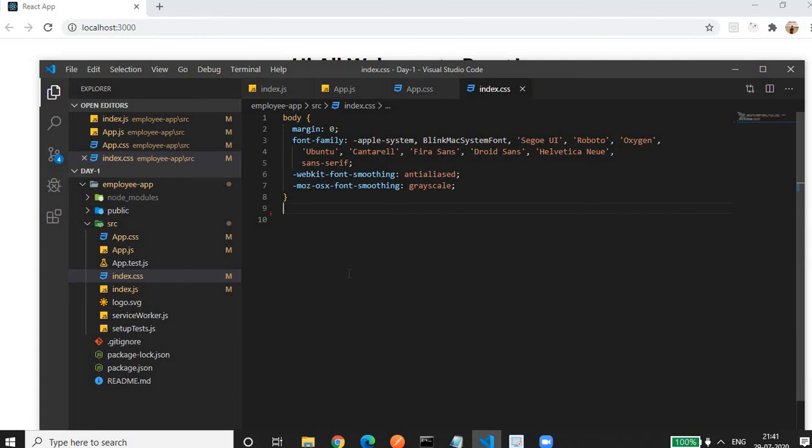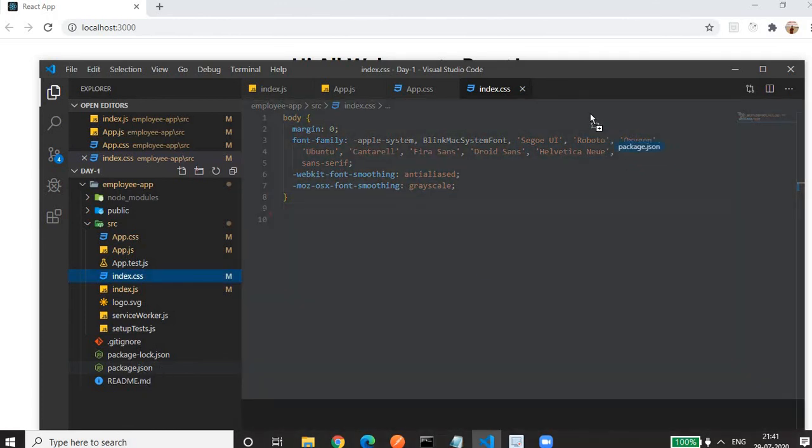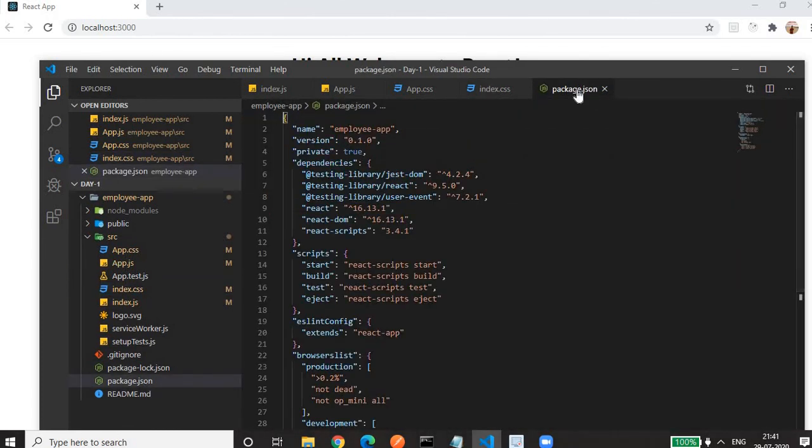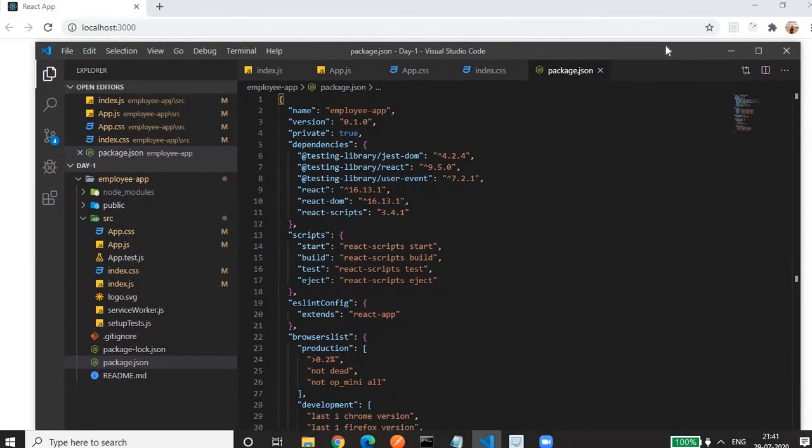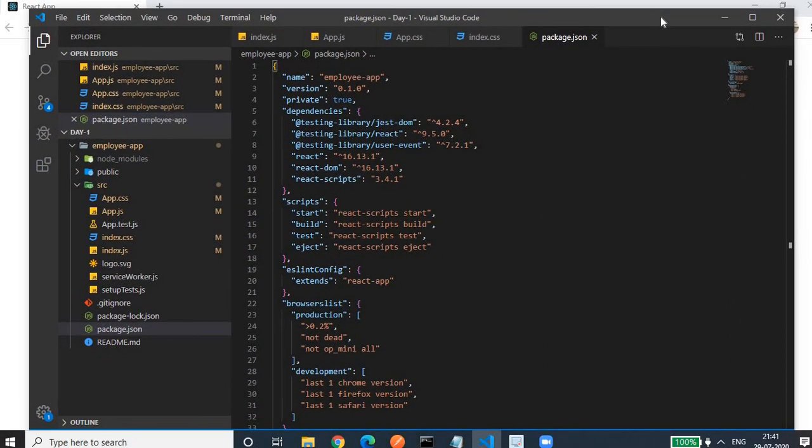Then what next? The important thing here is the package.json file. This is the file that documents the packages required for our application with the version, the dependencies. These are the packages that we need for our application.